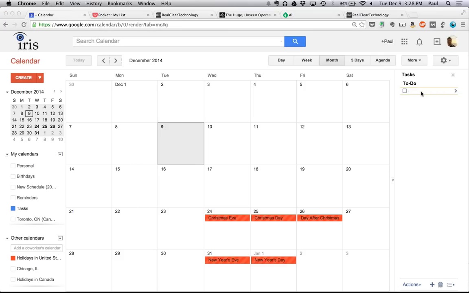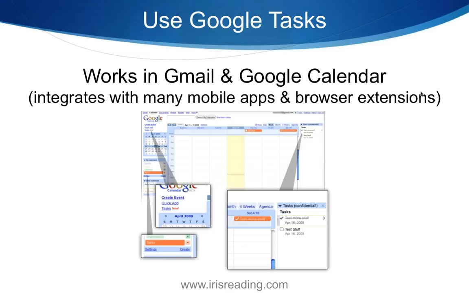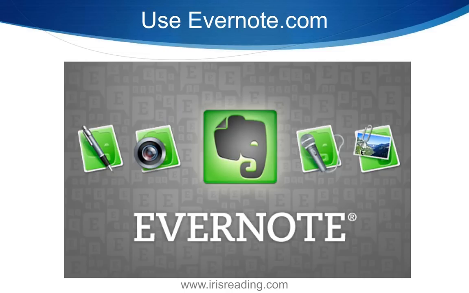The program that I use for tasks is actually a program we're going to talk about in a moment here. But let's talk about Evernote, because you can use this for organizing your tasks as well. You can have a notebook within Evernote that's just called Tasks, and you can add your various tasks in there if you wanted to.